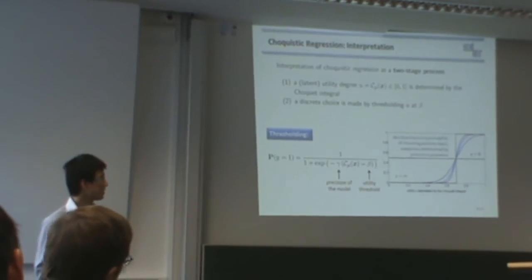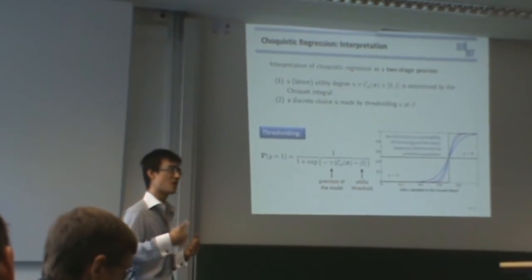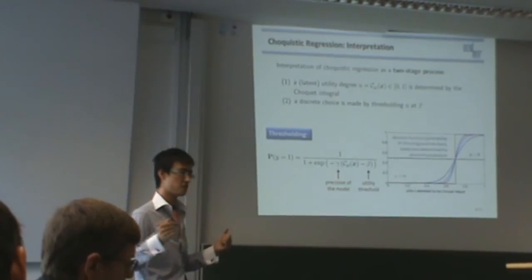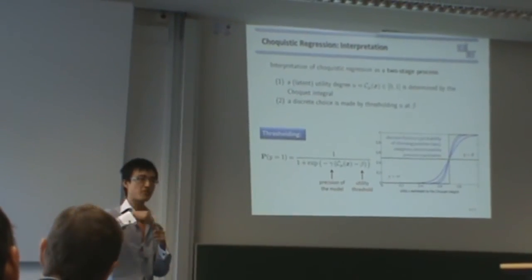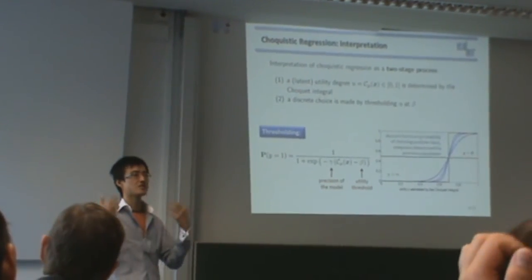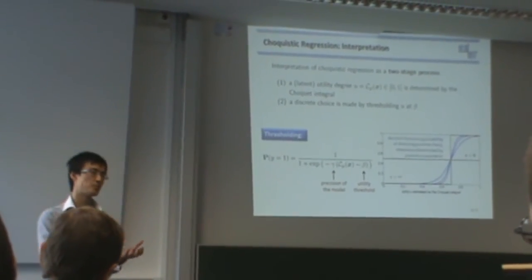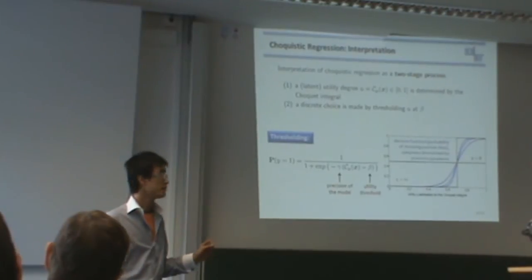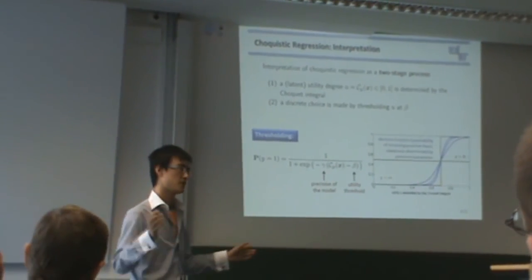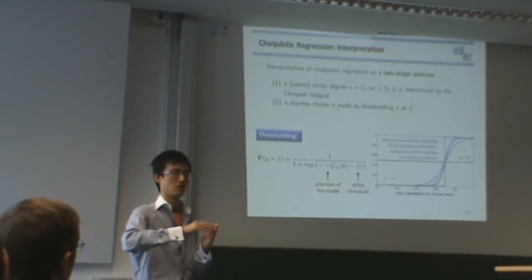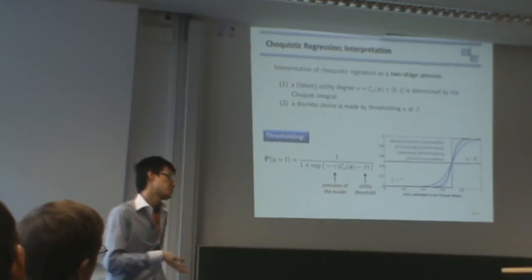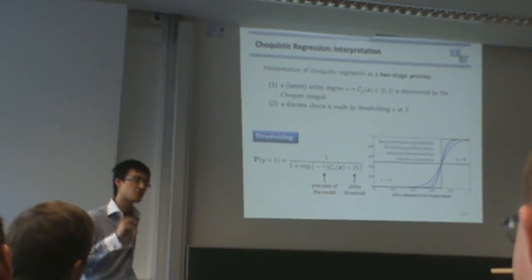So if you have a very large gamma, so let's say the gamma goes to infinity, then the decision function is a step function. So which means as long as my utility is more than the threshold, then the chance that this instance is positive is 1. And if you choose a smaller gamma, then this decision function becomes a smooth function. So which means that even though the utility probably is more than the threshold, there's still a chance that this